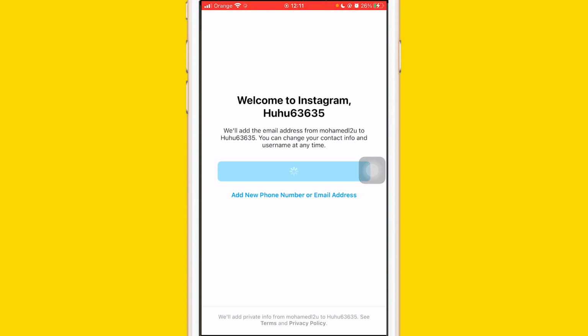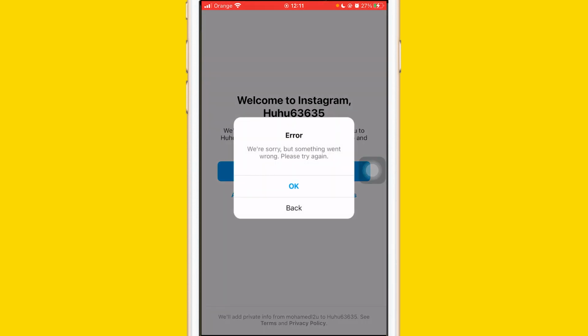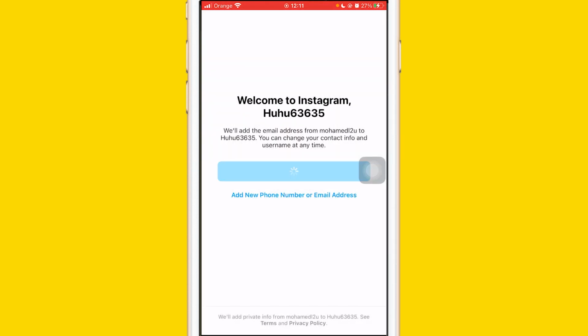Now you will have to wait a few seconds. It depends on your internet connection. I don't know why it's taking so long, honestly. Just give it a few seconds, like 10 seconds or 5 seconds, and it will work. Now after you click on continue sign up, yeah, it says an error here. You want to click it again, something went wrong. Okay,